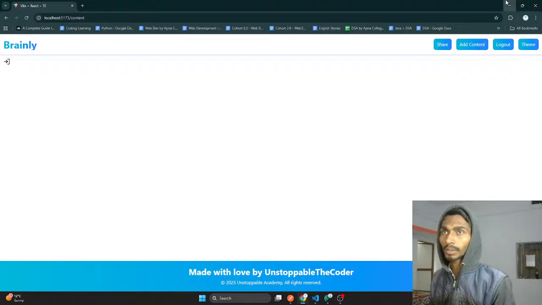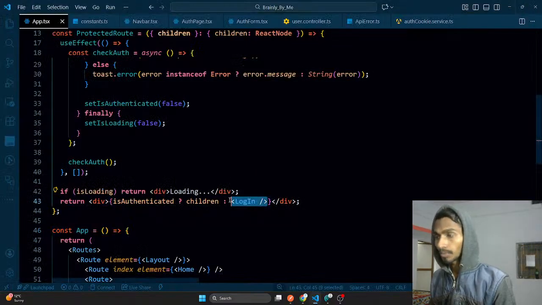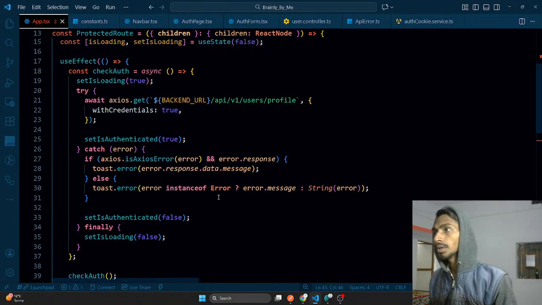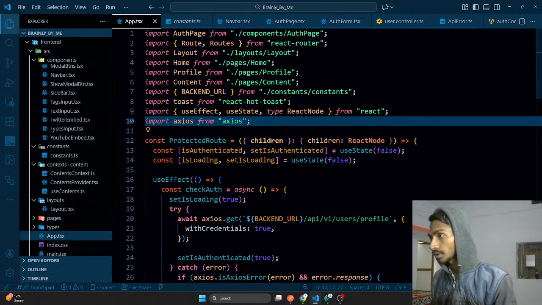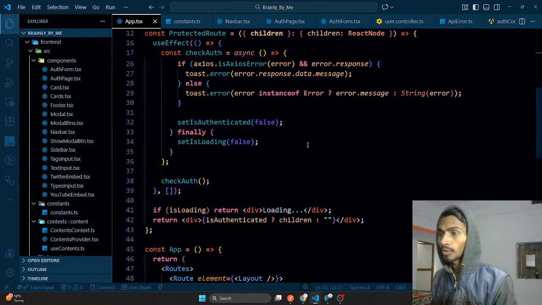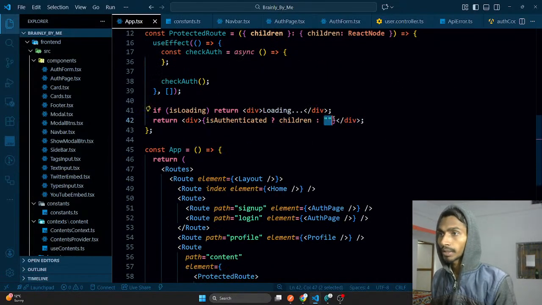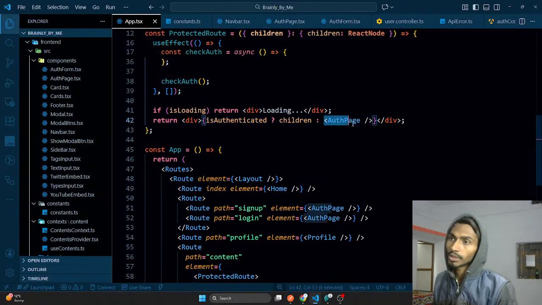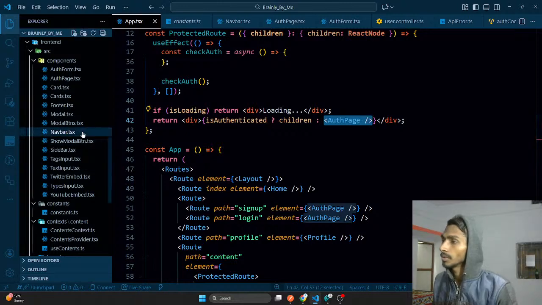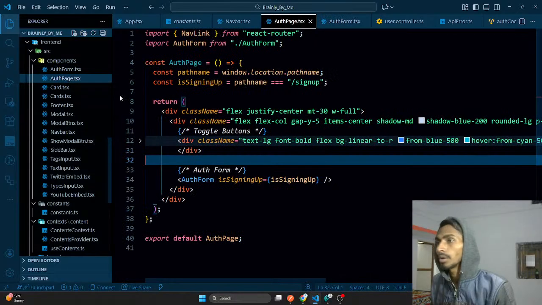Log out button. Where is this coming from? Okay, the logged in is coming from there. Sorry. I'm getting it from Lucid React. I don't need this. Rather, I need my page. What is my page name? That is auth module. So in that case, I can just simply say that I have to render auth page, something like this. When auth page is going to be rendered, then what will come there by default? Auth page. This particular auth page,